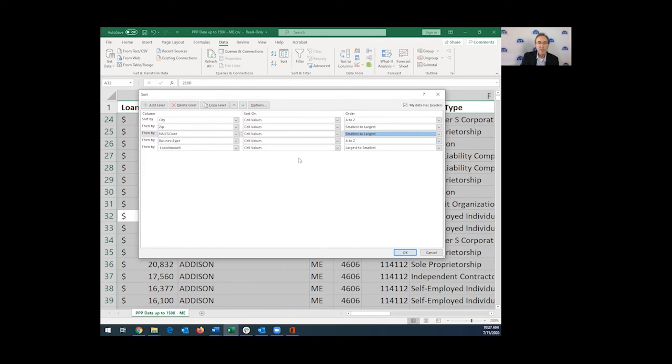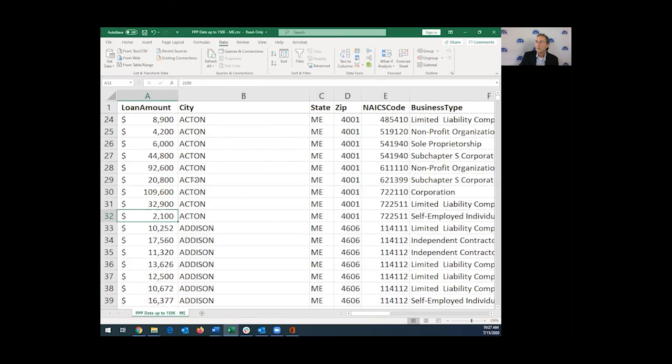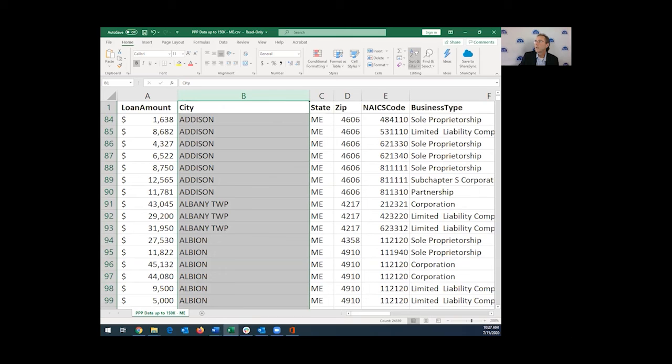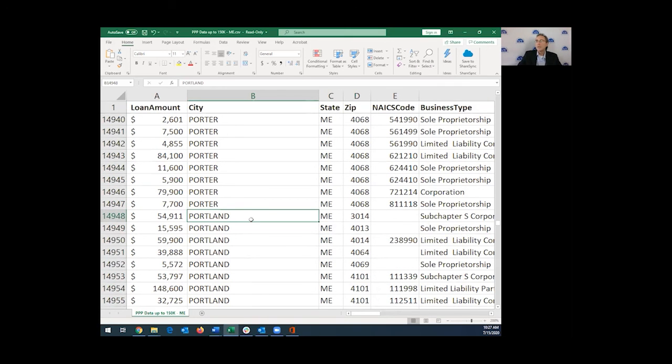Unless you're dealing with a big city, this will end up kind of being nonsense. But you can have as many or as few of these levels as you want. So this one, I'll search for, I'm going to just manually go down to Portland. So now we have Portland, which is